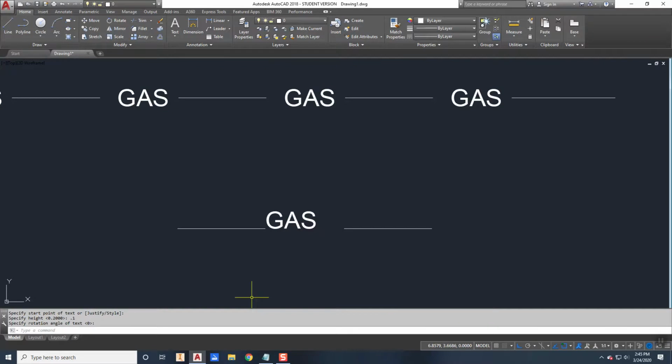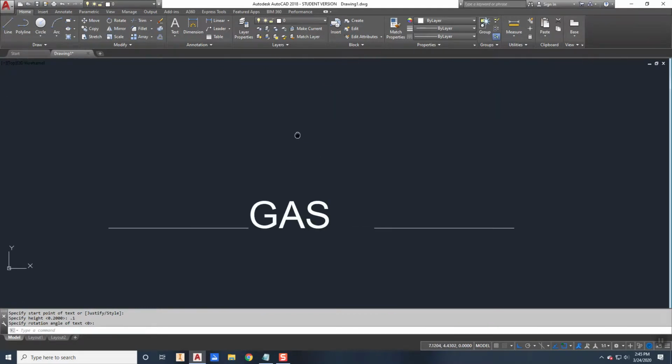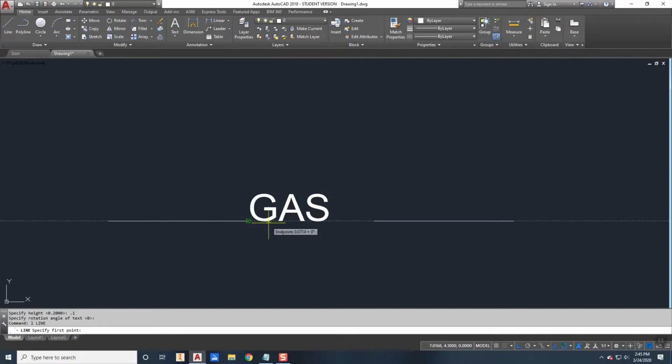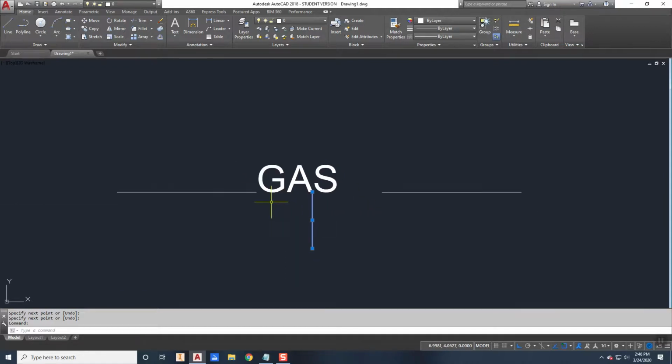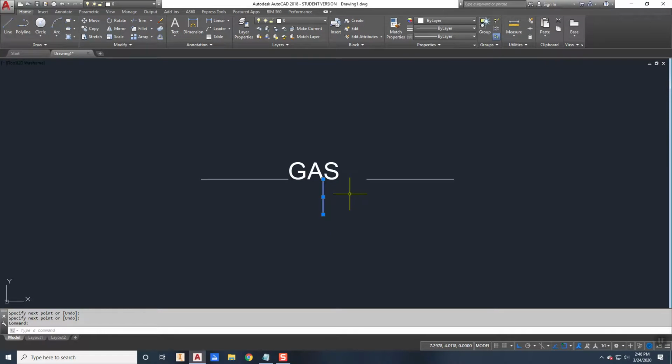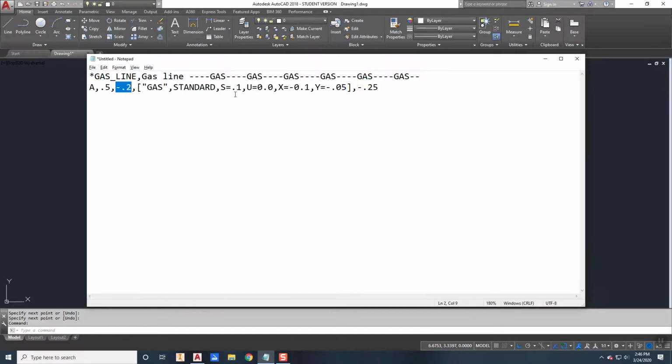So I'm going to come back over here to AutoCAD, and from, I'm going to say line, I'm going to track this over, okay? I'm going to track it over 0.2, enter, and then I'm going to go straight down, okay? So the endpoint of that line right there is where they say their up pin segment starts, and then they put the text in, and then there's another up pin segment to get me to that end there, okay? So what they've done is, if we look at this, from that point, at the end of that 0.2, they've gone negative 0.1 in the X and negative 0.5 in the Y to get it to